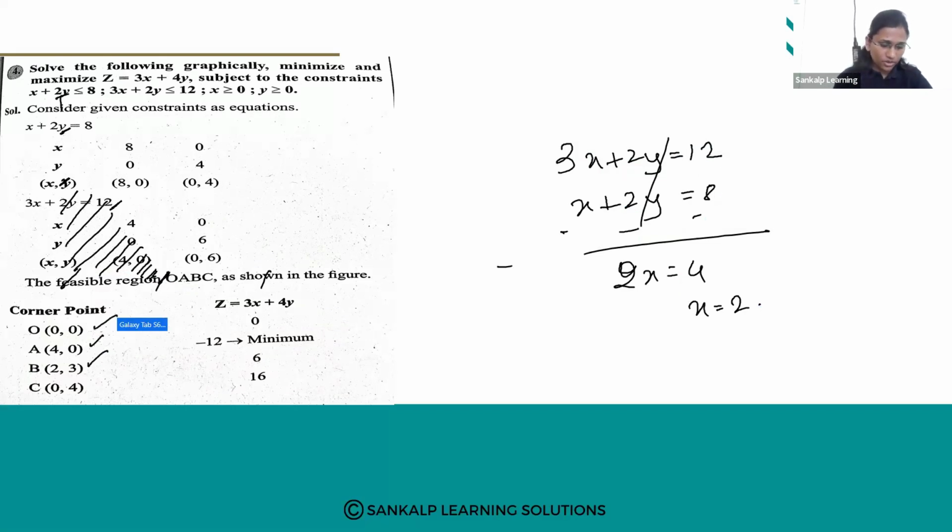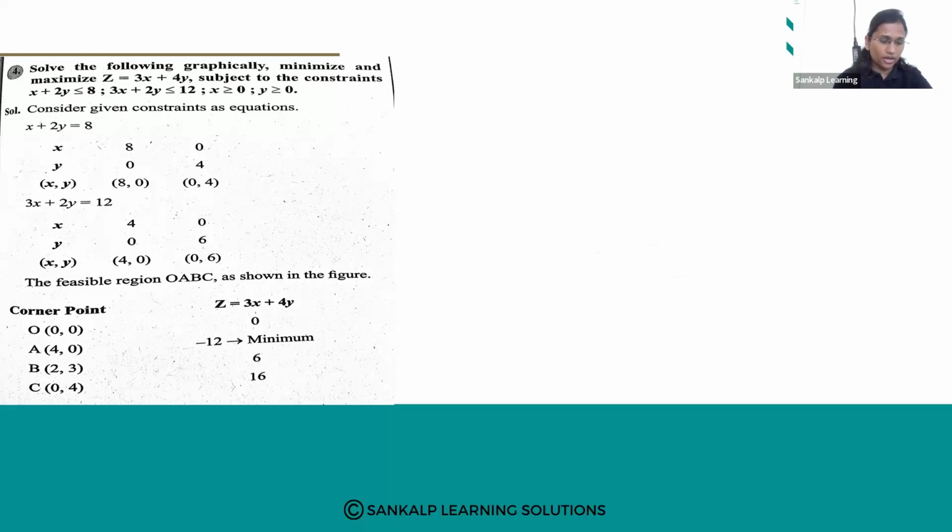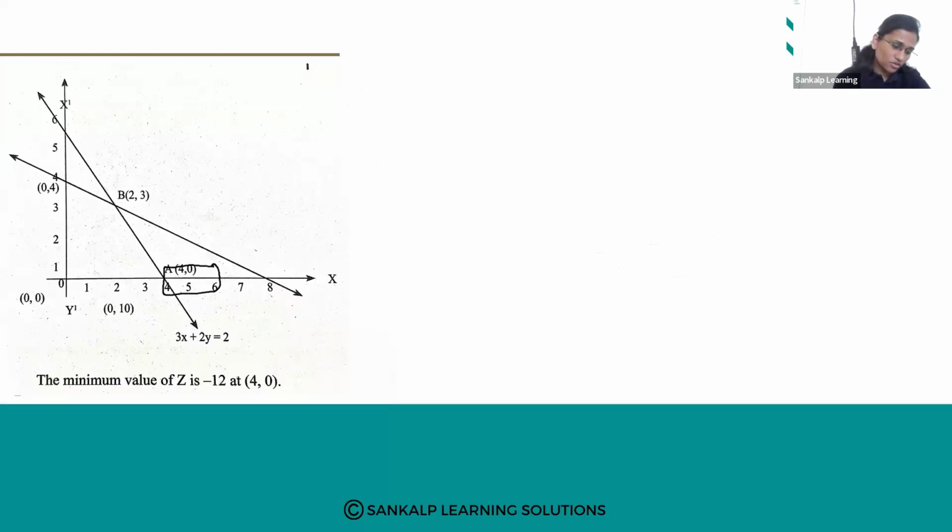ಇಲ್ಲಿ ಫಸ್ಟ್ ನೀವು ಬರಿಬೇಕು. ಈ ಸ್ಟೆಪ್ ತುಂಬಾ ಇಂಪಾರ್ಟೆಂಟ್. Therefore OABC, this was our solution region. OABC is your feasible region with corner points A of 4,0, B of 2,3, C of 0,4 and O of 0,0. ಈಗ ಇದನ್ನ ಆಬ್ಜೆಕ್ಟಿವ್ ಫಂಕ್ಷನ್ ಗೆ ಹಾಕಿದಾಗ ಇದು ಒಂದು 0 ಆಯ್ತು. ಓಕೆ, ನೆಕ್ಸ್ಟ್